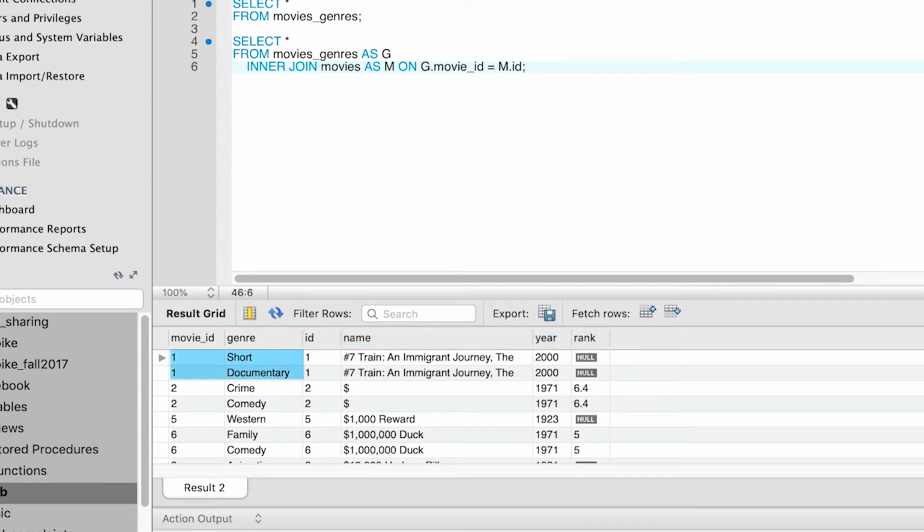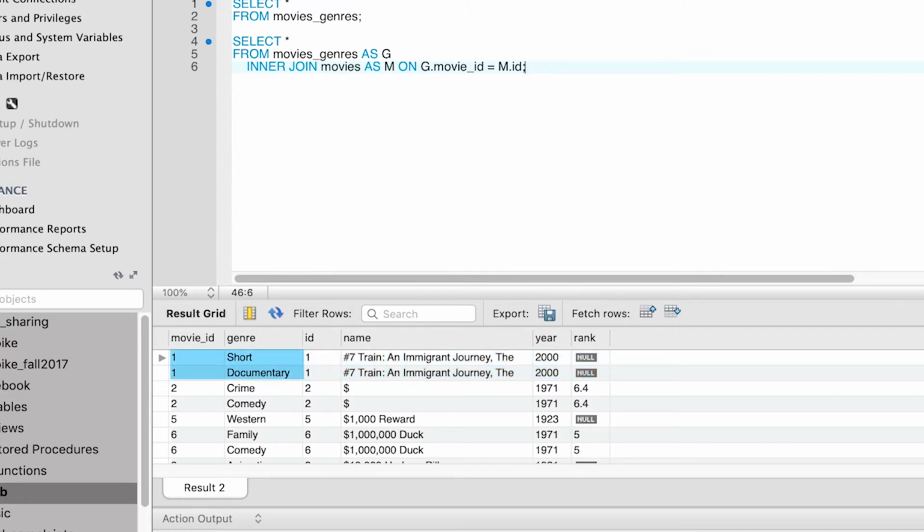Notice now what we have. We have this data from movie genres. We have short and documentary from movie ID 1. What join is doing now is saying, well, let's also bring the details for movie ID 1 from the movies table. So join goes to the movies table and says, I need the row from the movies table that corresponds to movie ID 1.